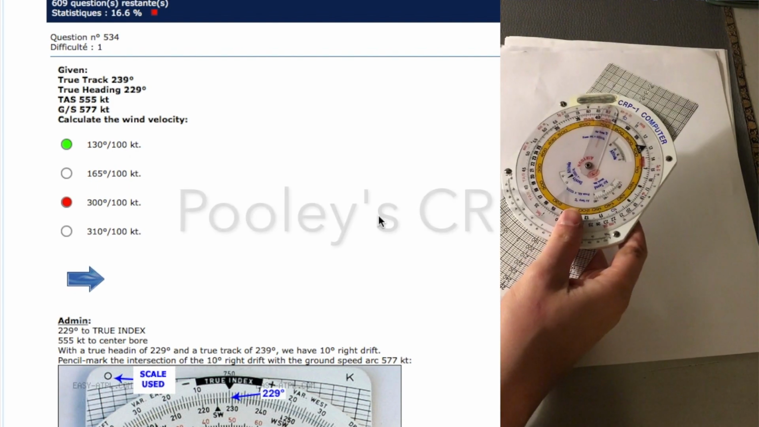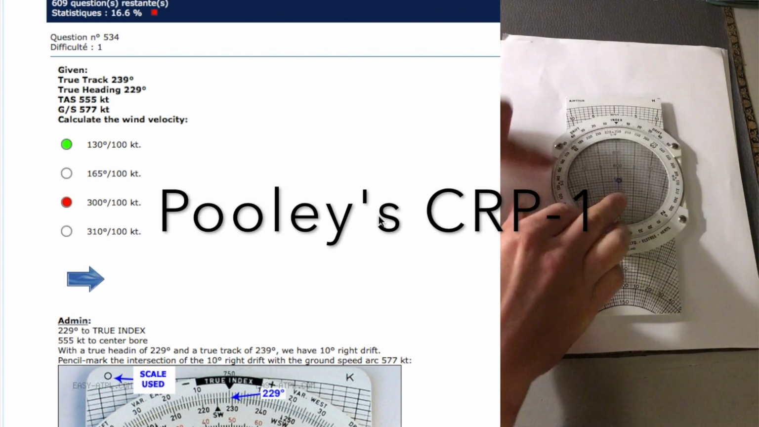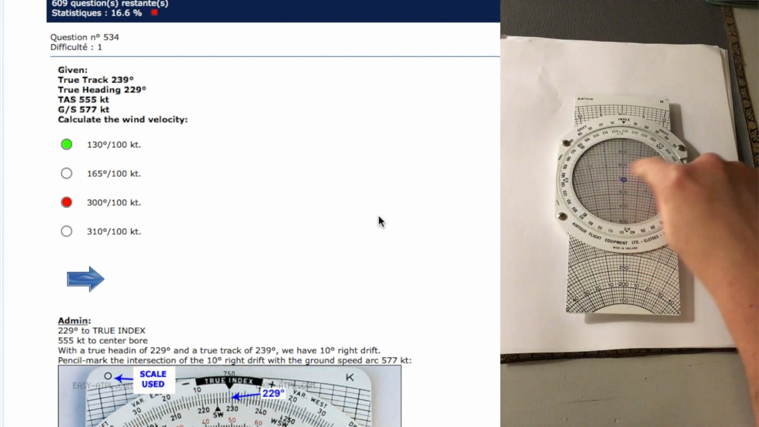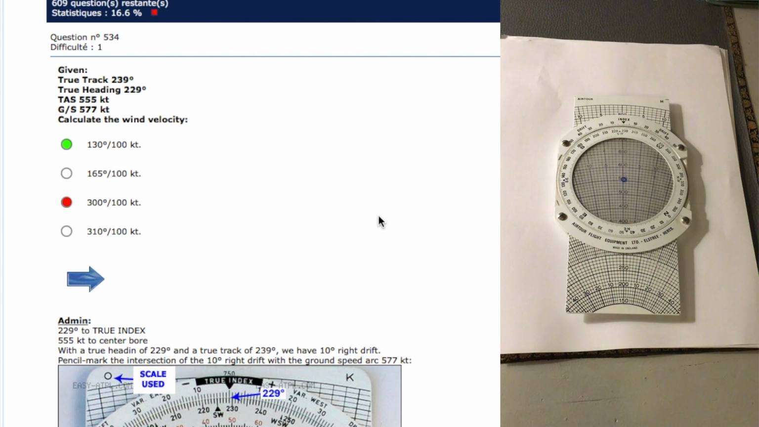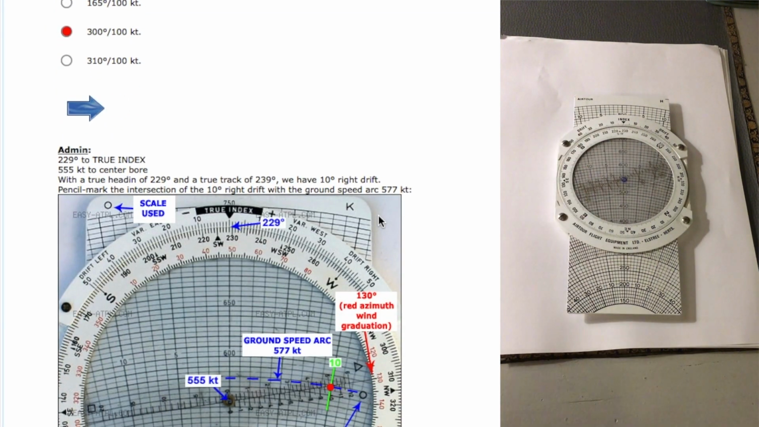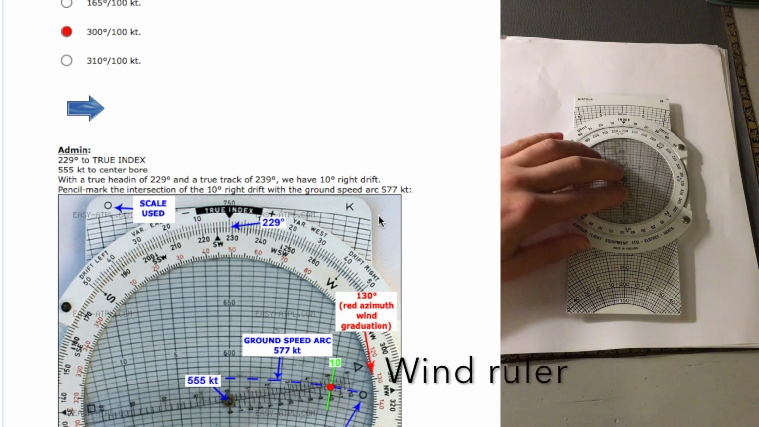Now I have a Police CRP1 computer with a window here on which we can draw with a pencil. I don't have a ruler. Well, I do. I have homemade myself this wind gauge thing,